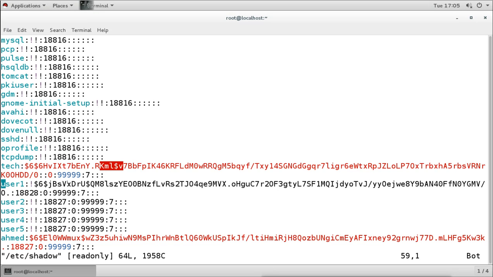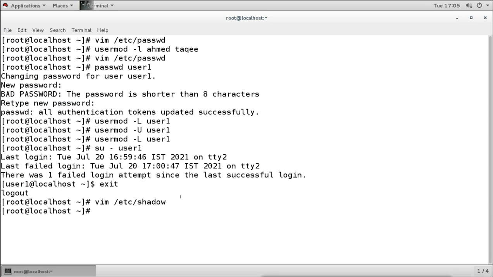So it is not showing in this color. So basically the password is disabled. And how? If you see closely, there is an exclamation sign before the password hash, but here the password is active and before that there is no exclamation sign. So the password is disabled. It is not disabling the user, it is not locking the user. So when we use this -L option, capital L, it will do what? It will lock the password.